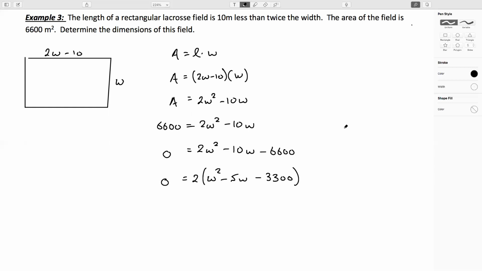We need to think of two numbers that are going to multiply to 3,300 and that are going to add to minus 5. And now this isn't going to be something you can do in your head. You're going to have to start writing some lists of factors, and you're going to have to test some numbers. The particular numbers that will multiply to 3,300 and add to minus 5 are going to be 60 and 55. But I didn't know that until I tested it out with my calculator. So I'm going to have to actually start trying to divide 3,300 by numbers. But I know it's